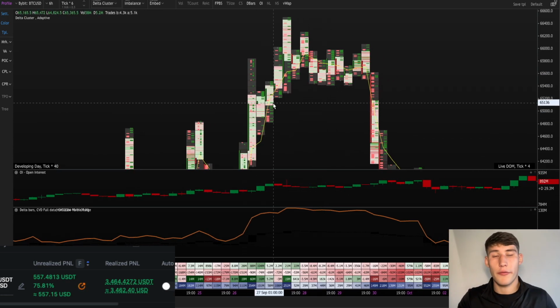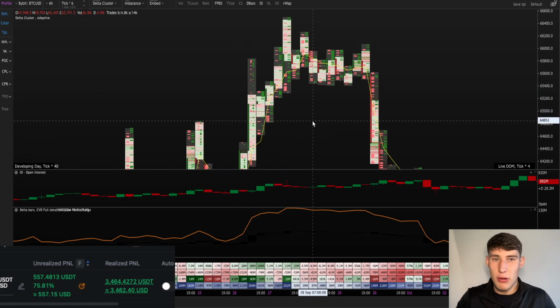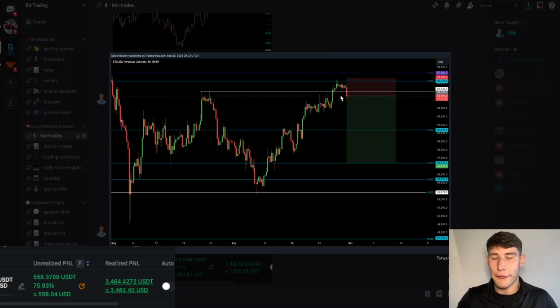Now, these are all, of course, FOMO long trades, late long trades. And what do we like to look for, right? We like to look for these FOMO retail long trades to become trapped, okay? And that's exactly what we did. Of course, we had to look for the confluence. So we had a naked point of control up here. We had a key pivot point up here where we know liquidity is going to be resting, right? So there is confluence there with that naked point of control, like I said,